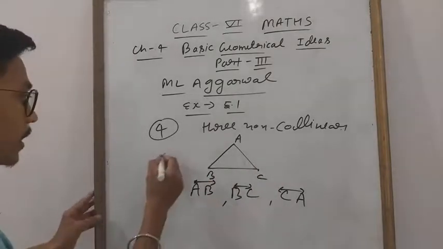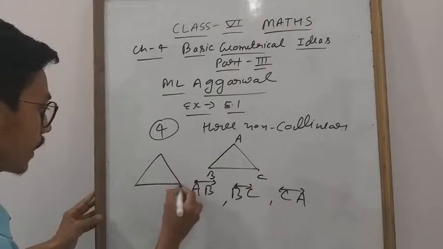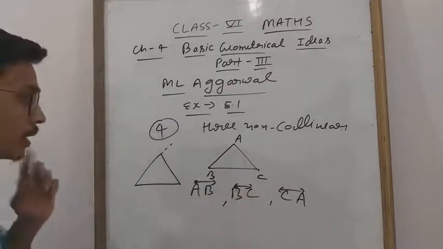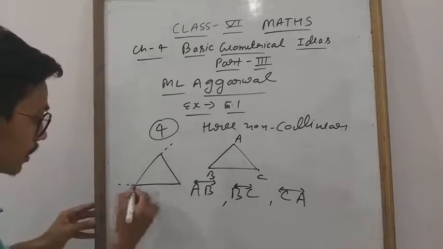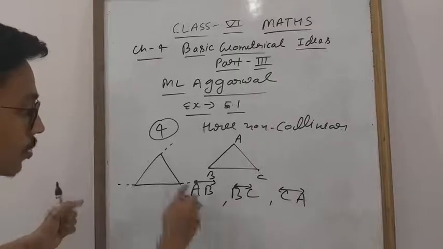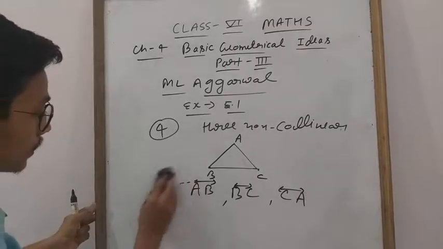Students, let us assume this is a triangle. Here you can extend this one. In the next class you will study it. You can also extend this one, and this one. This is the exterior part. So, students, due to this I mark it this way. Clear? This is about lines.